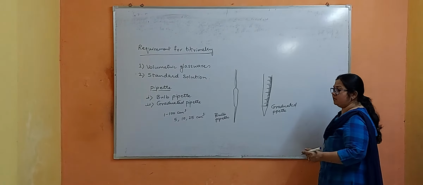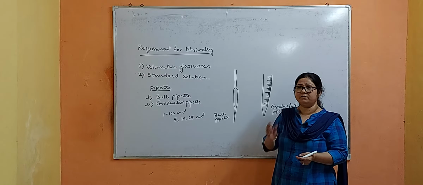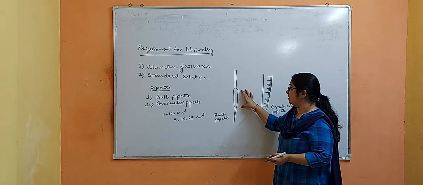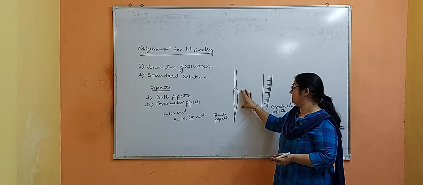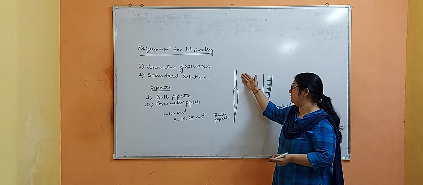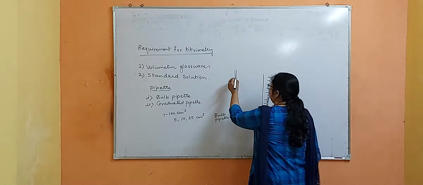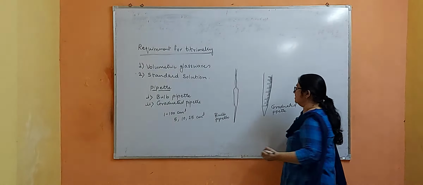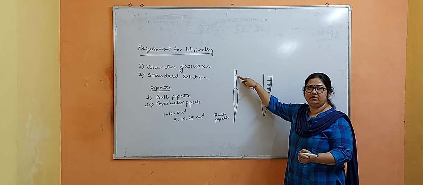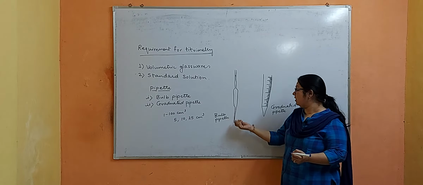Now these bulb pipettes are also called transfer pipettes and they are used to deliver a definite volume of liquid. Now these bulb pipettes have a cylindrical bulb in the middle or at the center, which is connected to a narrow cylindrical tube at the upper end as well as at the lower end. Now see here, an etching mark is etched on the upper end which specifies that if you fill the volume till here, it is the specified volume.